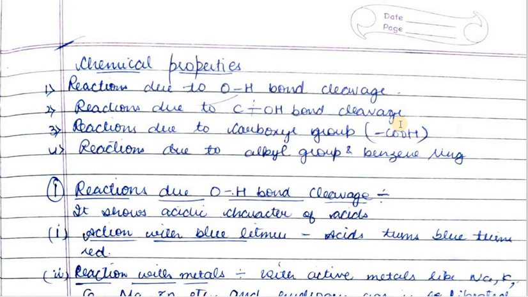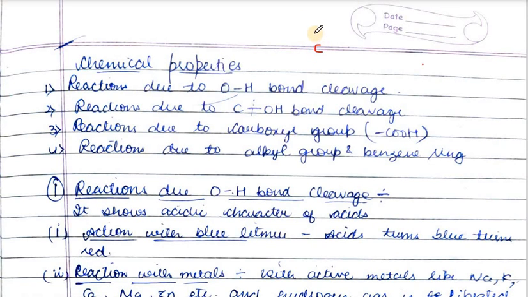In continuation of carboxylic acids, now we will take up chemical properties of carboxylic acids. In the carboxylic acids, we know that the COOH group is present. So there are different reactions in which the COOH group is involved, and we categorize the reactions in